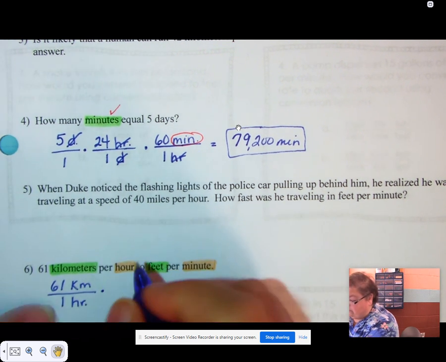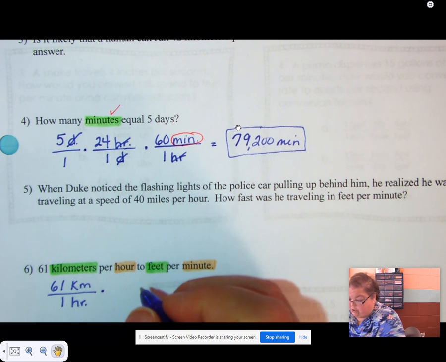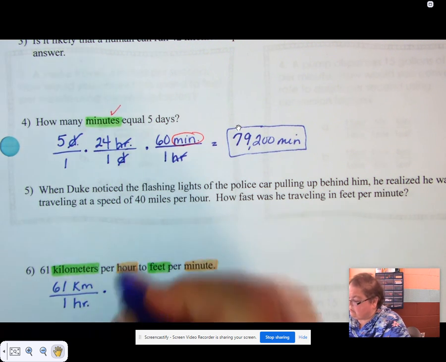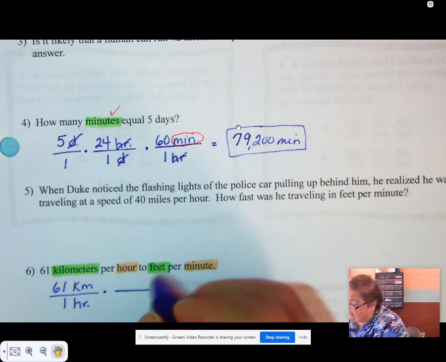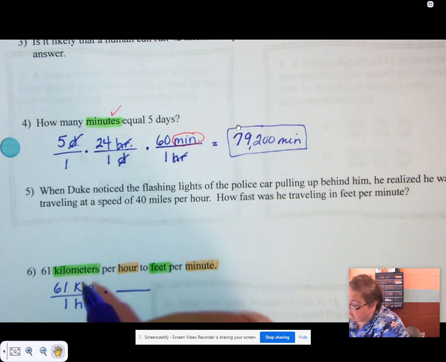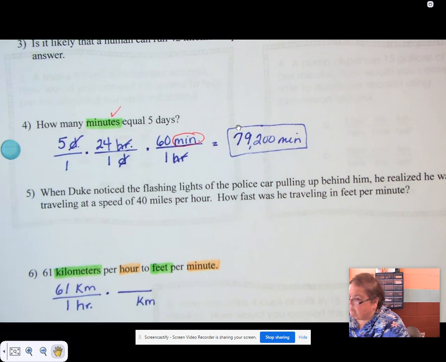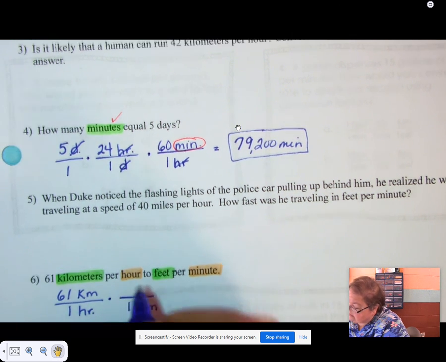On our conversion chart, we can go from kilometers to miles. That's going to change our metric to the US measurement. We want to do that first. So where does kilometer have to be? Well, it's in the numerator here, therefore it has to be in the denominator here. Keeping in mind I need it to be a 1, so in 1 kilometer I have